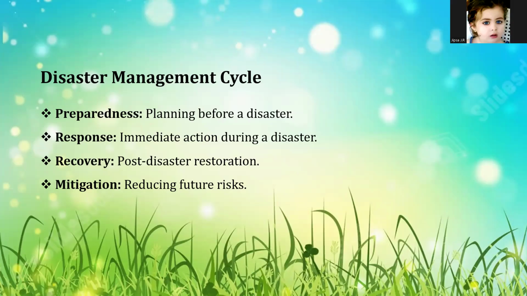The second phase is preparedness, that is pre-disaster. While mitigation attempts to prevent damage, preparedness focuses on how to act when a disaster is imminent. This is about building the capacity to respond effectively. Examples are developing an evacuation plan, stocking emergency supplies like food, water, and medicines, and conducting training drills for first responders and citizens. The third phase is response, that is during disaster.